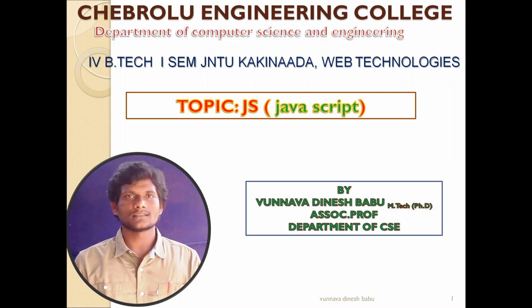So in order to define a function in JavaScript, we use the function keyword, and in order to declare a constructor in JavaScript, we use the constructor keyword. Right? The people who don't understand how functions and constructors are defined in JavaScript and how they are executed, please have a look at the previous session, which was already uploaded in the YouTube channel of our college.